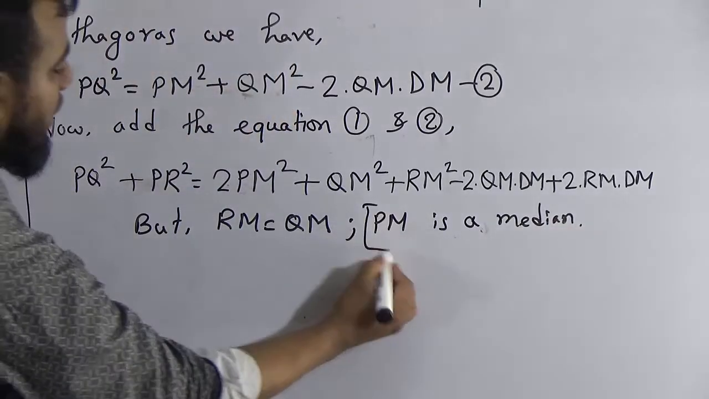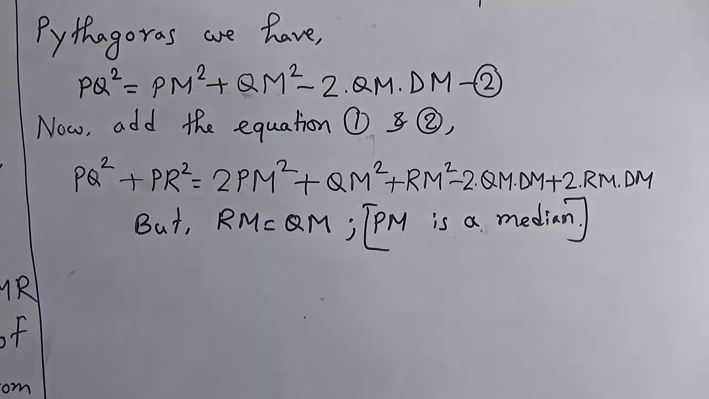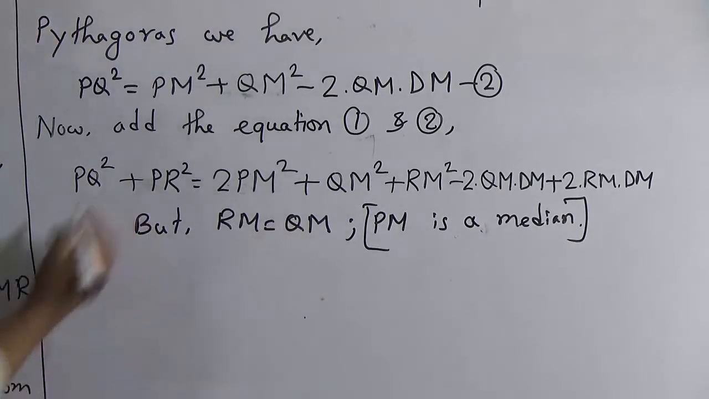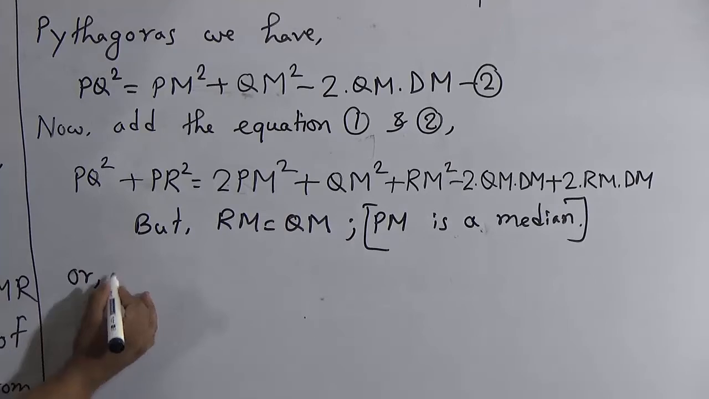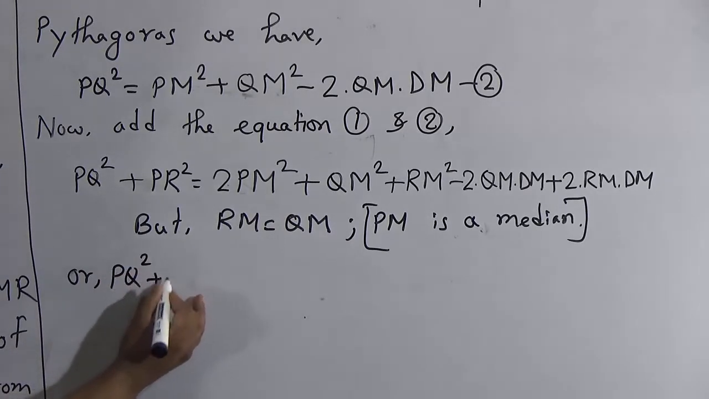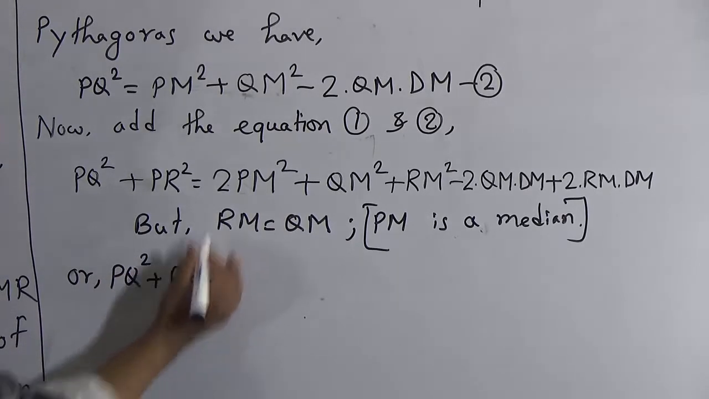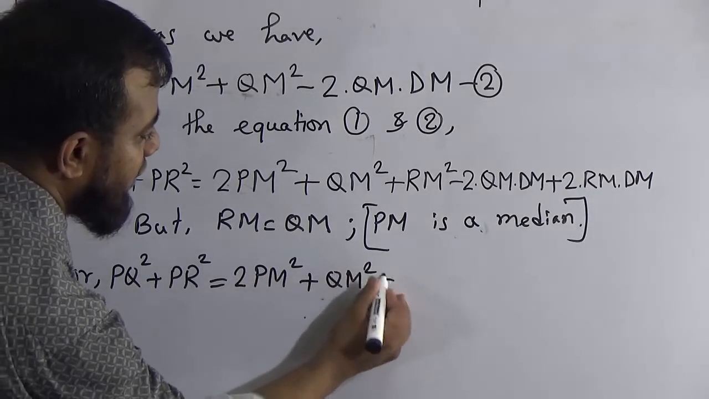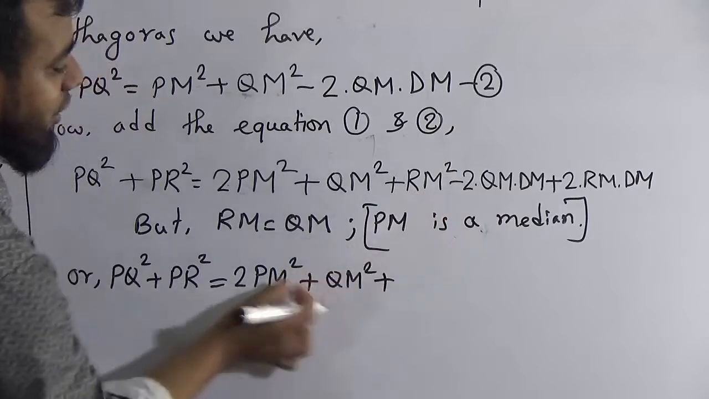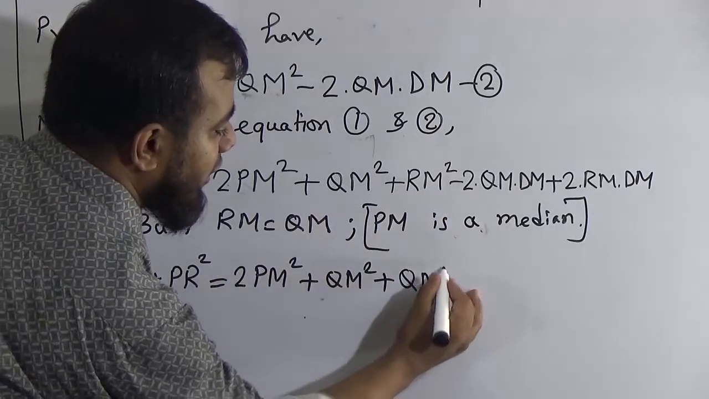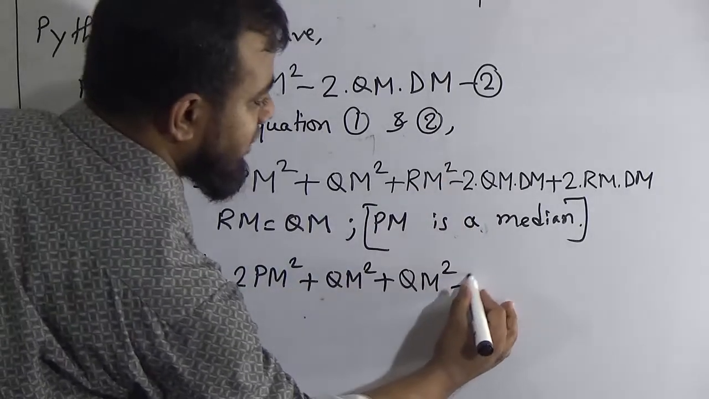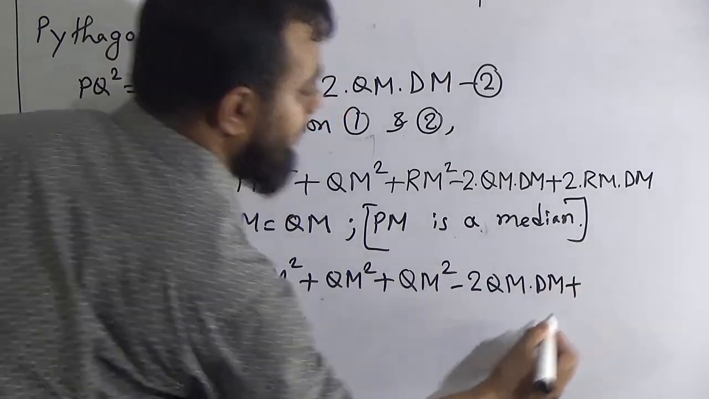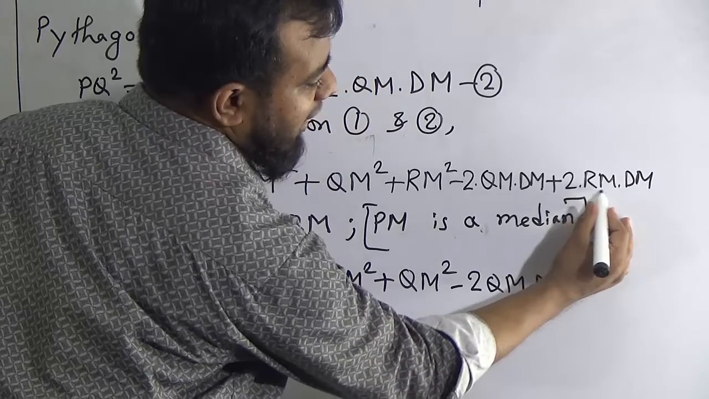PM is a median. That's why RM is equal to QM. Now in the place of RM, we can put QM. We will have PQ square plus PR square equal to 2PM square plus QM square plus, in the place of RM we will write QM. It will be QM square. The square sign remains unchanged, minus 2QM into DM plus 2, in the place of RM we will put down